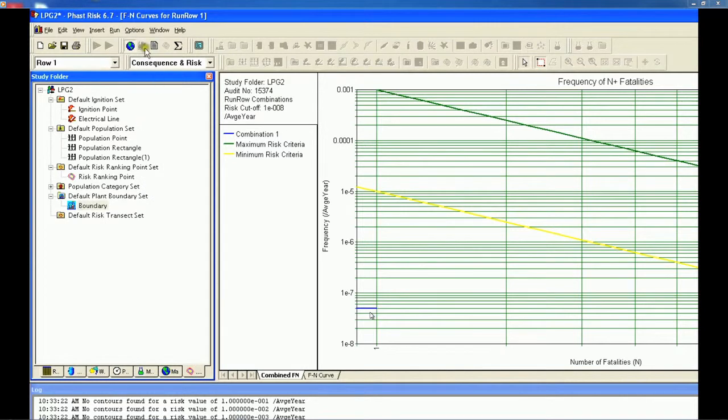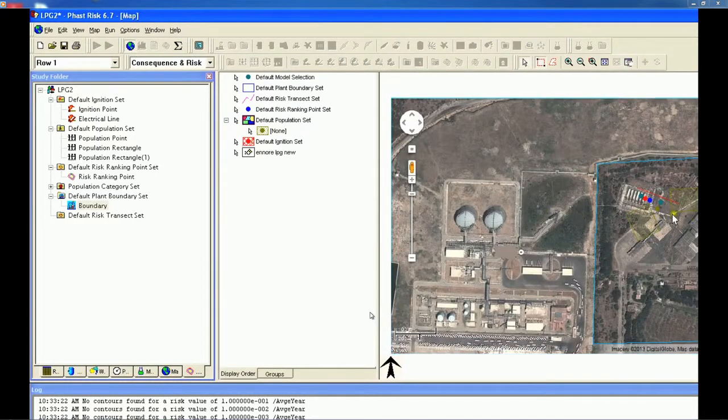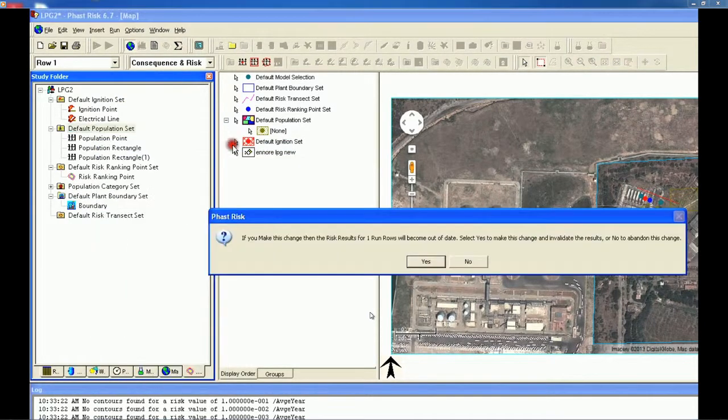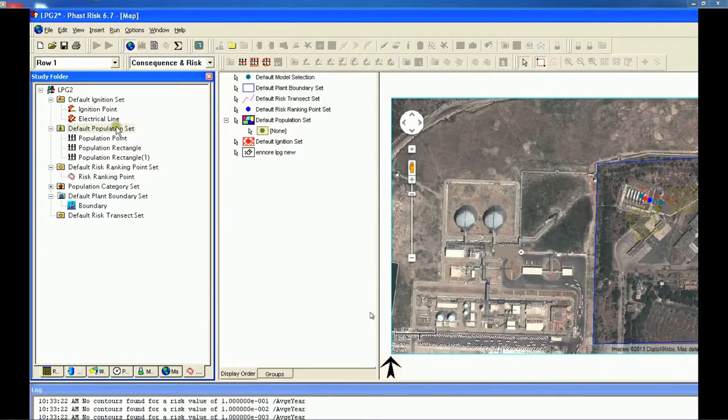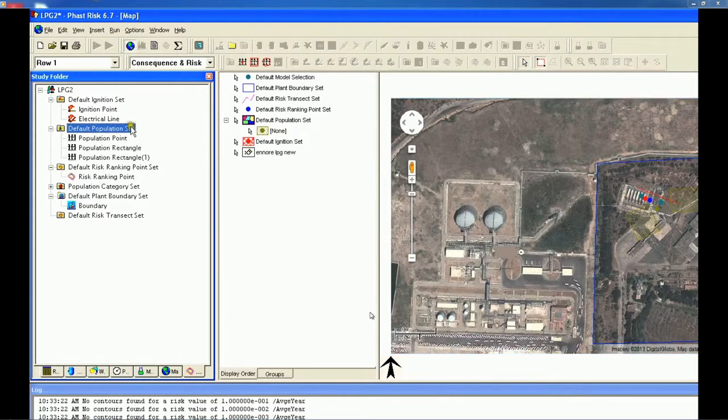So again select for different sources, for different ignition points, select it for any other point available of choice. For example, let us say define the population set, change the population set now, insert a new population set or edit the existing population set.